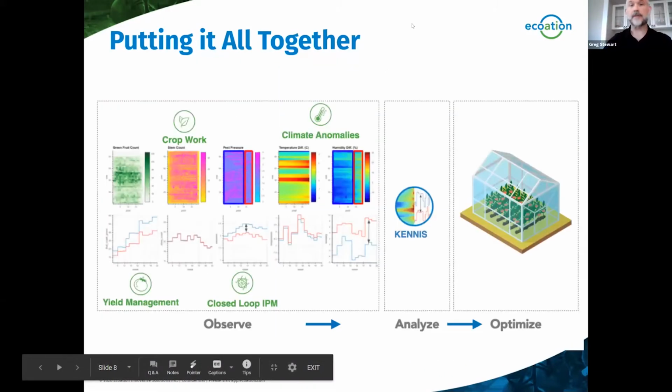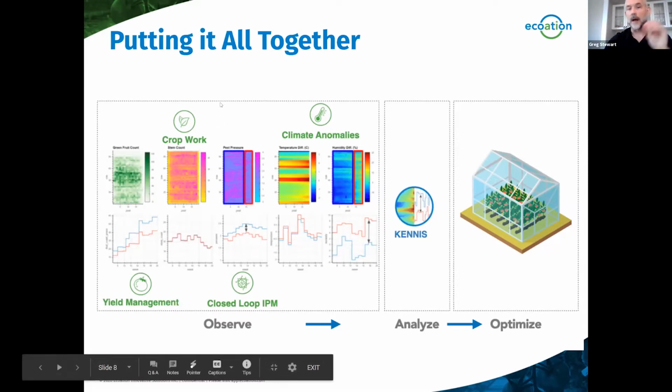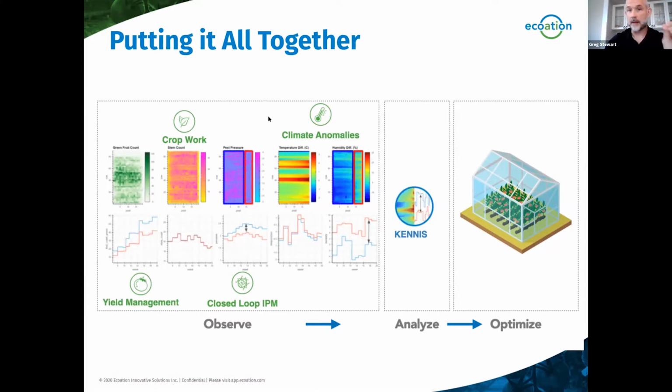And then I guess finally here, this is where I wanted to get to: all of these things are important together and in fact more, right? So if I want to understand how to optimize the production in my greenhouse, I really do need to understand the interaction of all of these things, right? Say the yield of the tomatoes, the pest pressure, it's called IPM here, which stands for Integrated Pest Management, the crop work and how well that's being done, along with the climate anomalies. My bigger point here is that all of those models that I had, everything from the epidemiological model for the pests to the vision-based models to the basic analysis of the climate, ends up getting combined together, right?